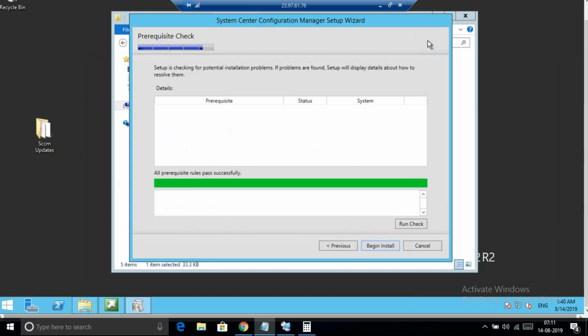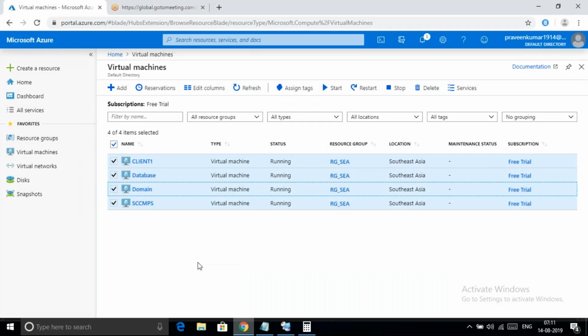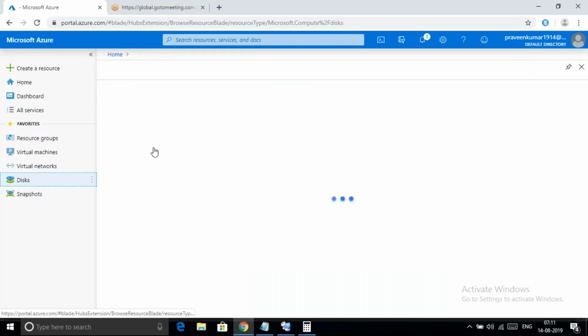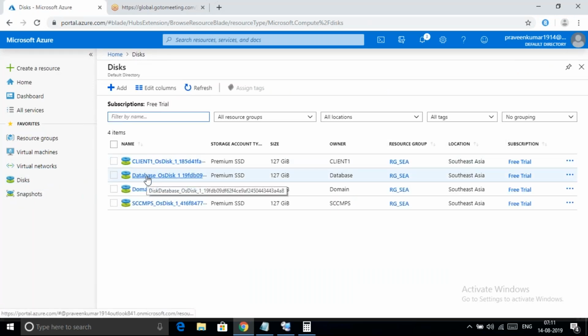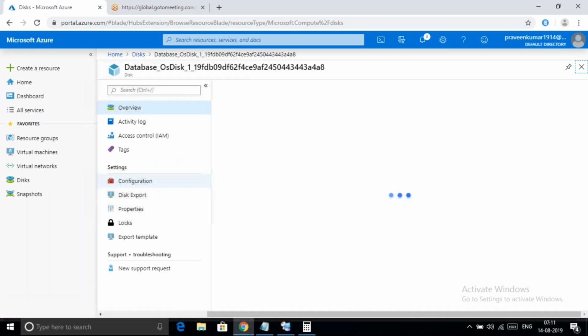Let's go back to this. You see, all prerequisites rule passed successfully. We don't have any error message, no warning, nothing. So we have done everything perfectly. Now, before we hit begin install, you have the begin install option, but I'm not going to do that until I take the snapshot. So I'm going to go to Azure portal, and I'll go to disk, to take the snapshot of the computer. So one by one, I'm going to click on database,